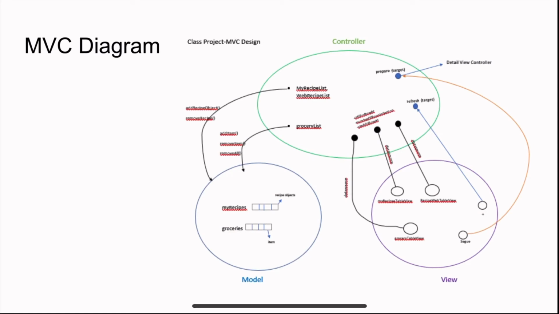This is my MVC diagram for the class project. There is the controller, the model, and the view. The view contains the table views and the segues and the plus button, which is where you would add items to the table view. As you can see, when you are clicking on the plus sign to add an item to your table view, it is calling refresh in the controller,